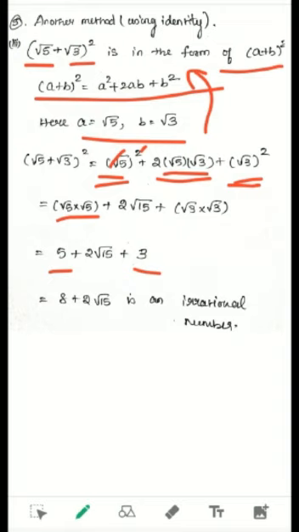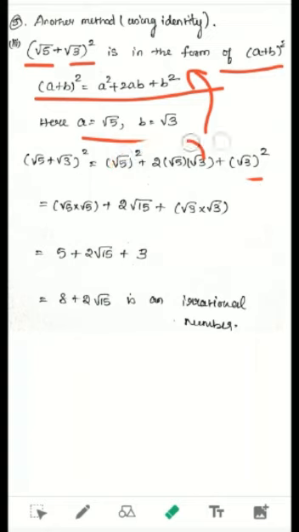And here also we have to multiply these two numbers, root 5 and root 3, it is 2 root 15, and root 3 the whole square. Now root 3 into root 3 is simply 3. And then finally we add these two numbers, 8 plus 2 root 15. So this is an irrational number. Okay, so this is another method. Whichever method you feel is easy, you can apply that method and solve the problems. Instead of the product, the identity is also very easy to solve the problem. So just go through both methods, and whichever you feel comfortable with, you can apply any one method.